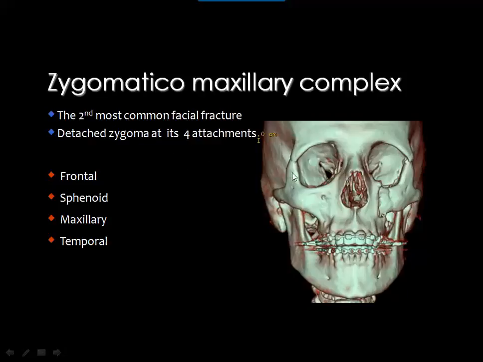And you see the zygoma is attached to the frontal bone at the frontozygomatic suture in the lateral orbital wall, and is attached to the maxilla at the zygomatico-maxillary suture in the anterior wall of the maxillary sinus, and is attached to the temporal bone through the zygomatic arch in the zygomatico-temporal suture, and is also attached to the sphenoid bone through the zygomatico-sphenoidal suture, which is located in the orbital floor and along the posterolateral margin of the